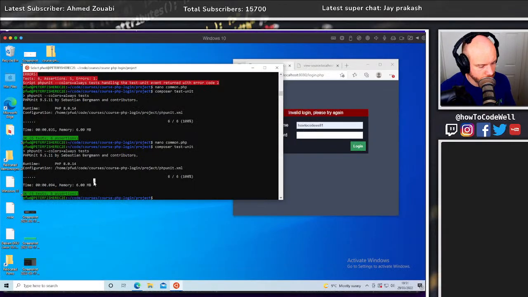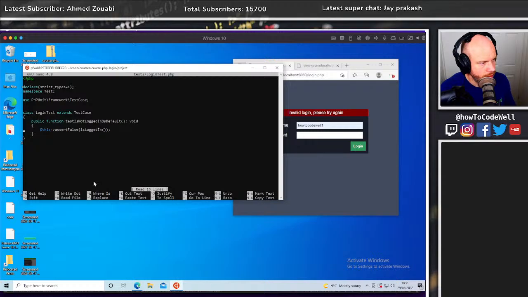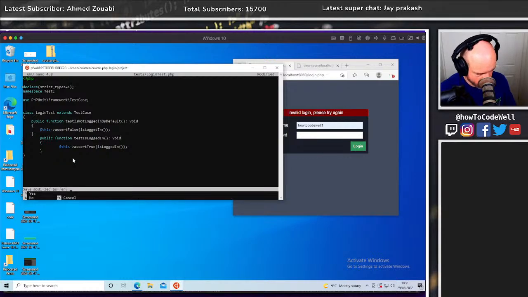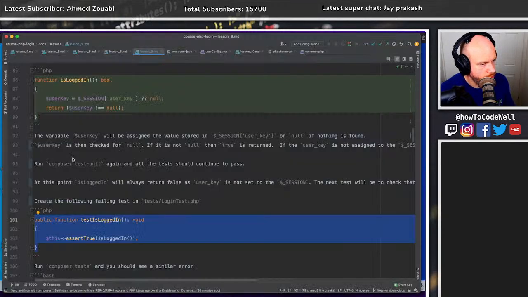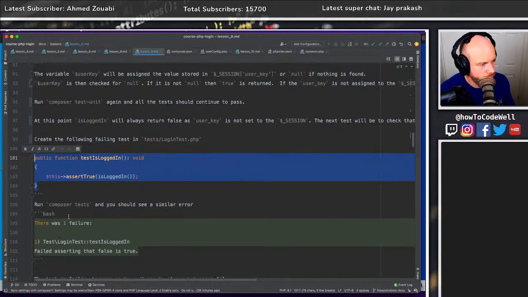So let's go back into here. Let's go back into our test case. Where is that? There we go. And what we want to do is create a new test case, which is that one. Don't worry about the formatting. It's fine. I'm only using this for test. Okay, I will tab it all out just for readability, kind of. It's not that readable, to be honest. There we go. Right, I'm not using an IDE. I'm just using my Nano, I think. So run test unit again,